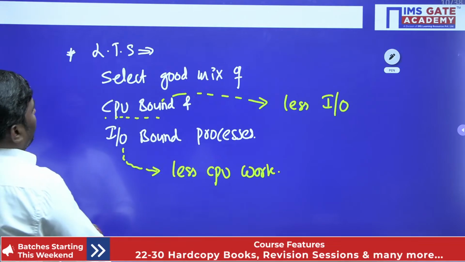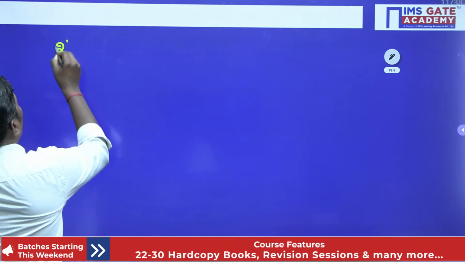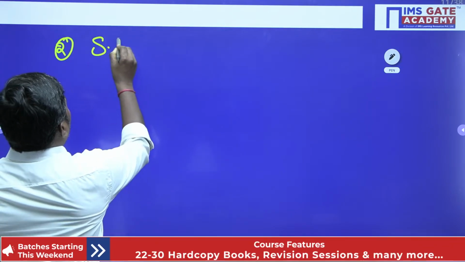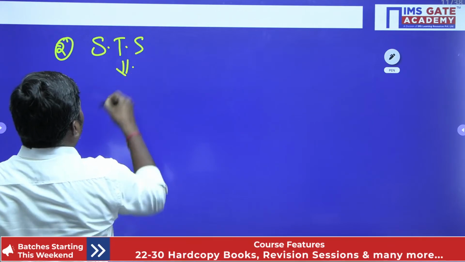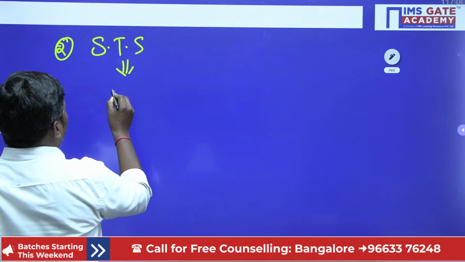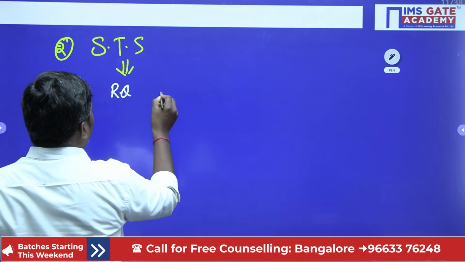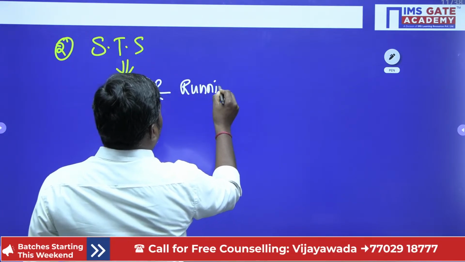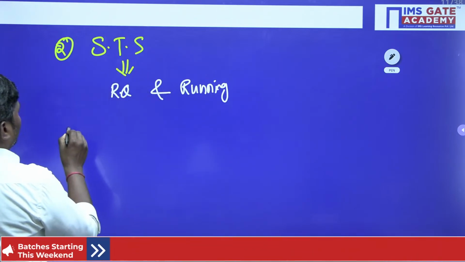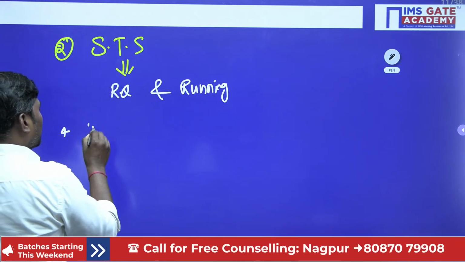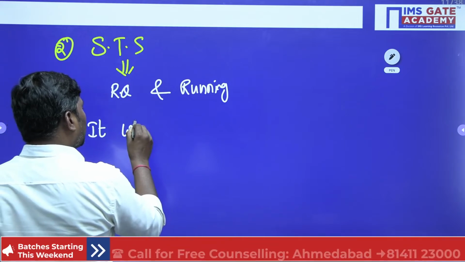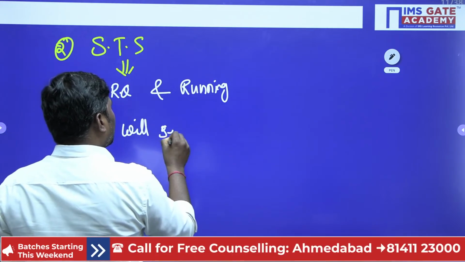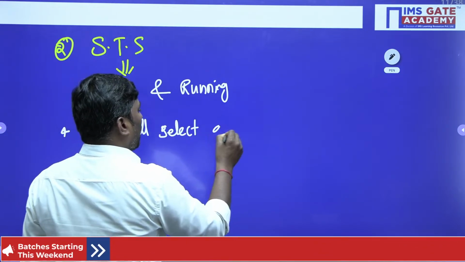So now look at the second one. What is the second scheduler? Short term scheduler. Generally it is present between the ready queue and the running state. Short term scheduler, what is the functionality? It will pick or select a process